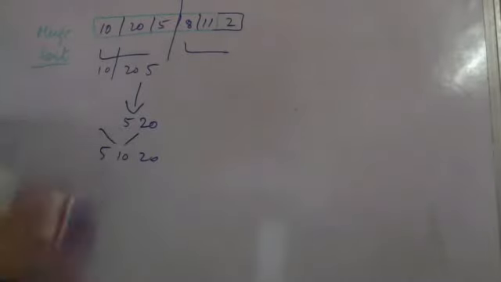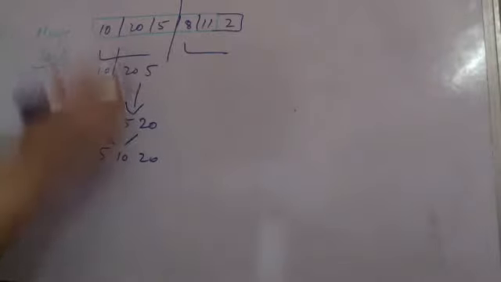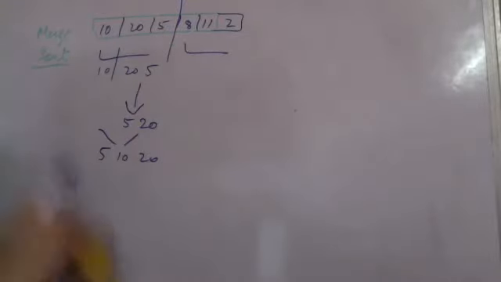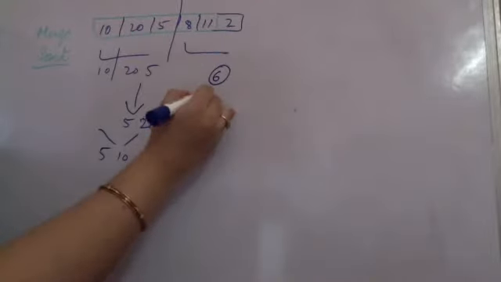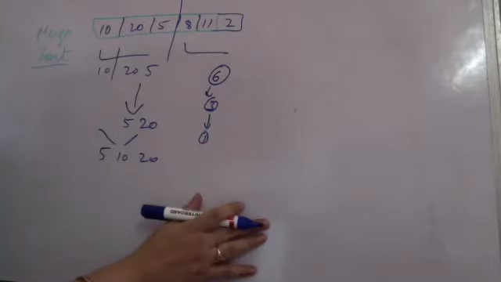So the merge procedure, since it's non-recursive, will remain absolutely the same as we have done before. But what changes? Earlier we were making a recursive call for the break. Now we do not need a recursive call for the break, so we need to understand how many times we are going to run the loop. Supposedly the size was initially 6. I break 6 to 3, 3 to 1, and then I do merging. So how many times do I need to break?